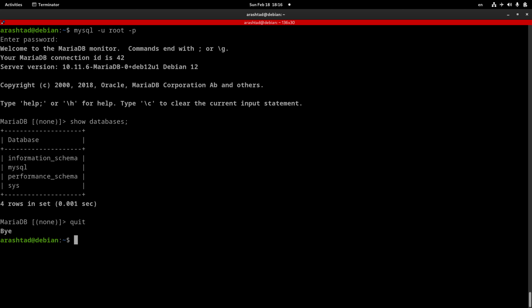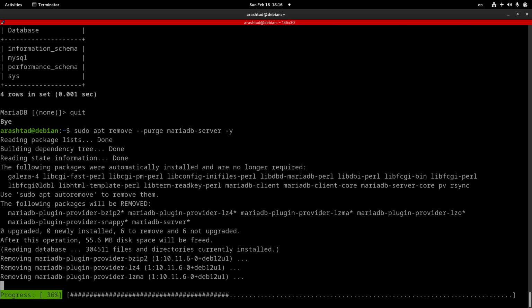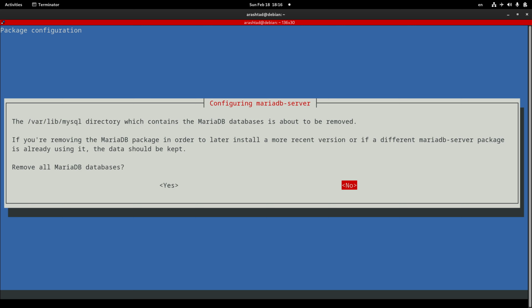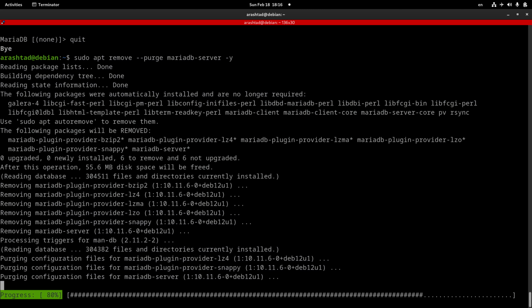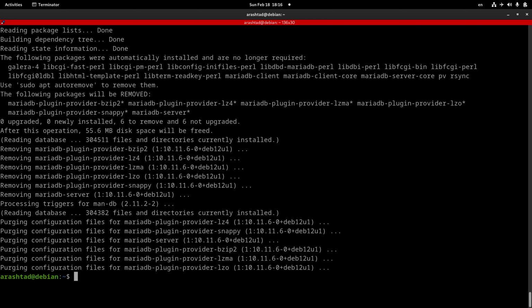Now the last step is uninstalling MySQL, in case you need to do that, from our Linux system. The way that we want to do it is typing sudo apt remove --purge flag and then the package name, mariadb-server, and typing -y flag to answer yes to the confirmation. Now we want to switch to yes by the arrow key on the keyboard and press yes to complete the